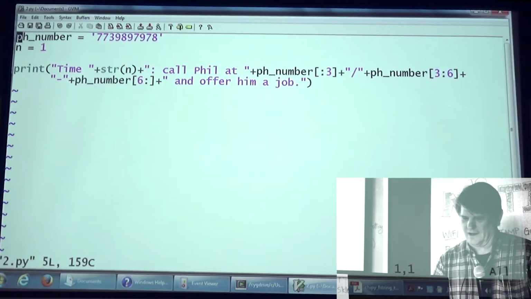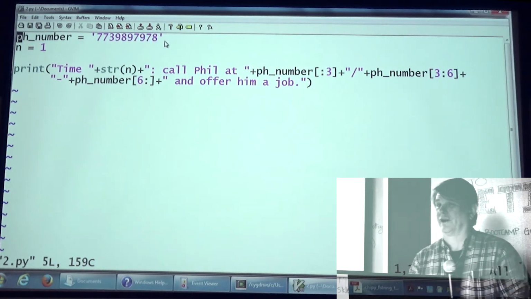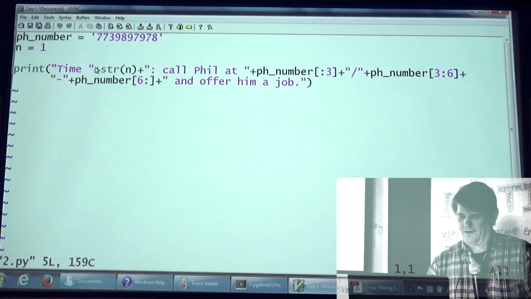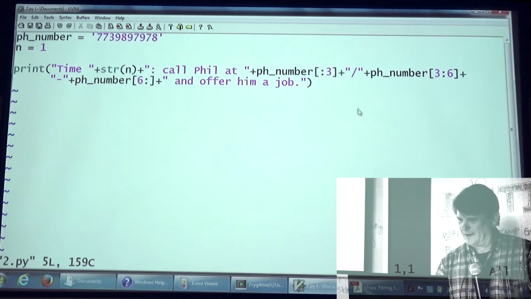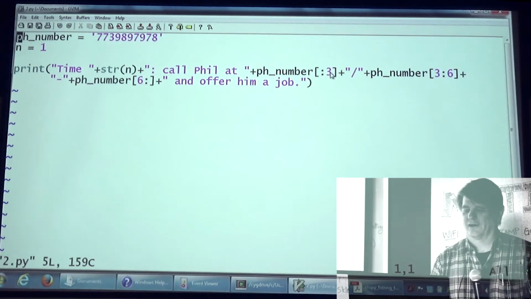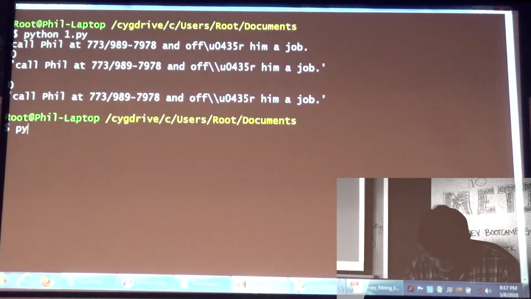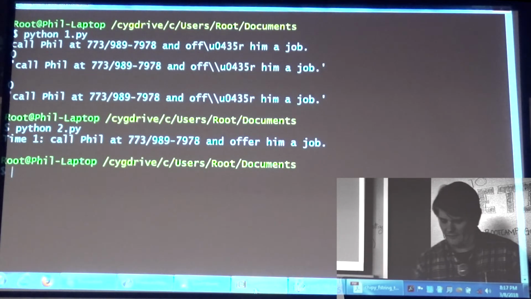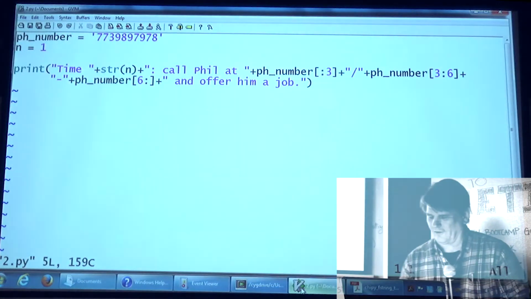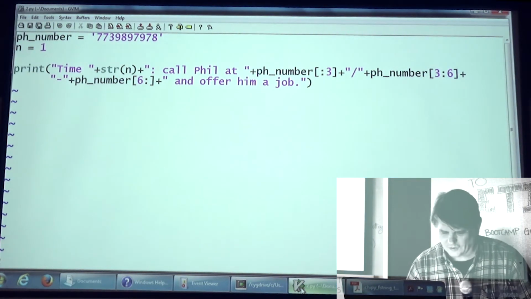In this case, we take a phone number that's represented as a string, a bunch of digits, and the simplest thing to do to quote-unquote format it is string concatenation. And so you concatenate these things together. You use slicing to pull out characters from the phone number, and it comes out looking nice. But this is not really what we want. It's somewhat hard to read. The string slicing is a little difficult. So